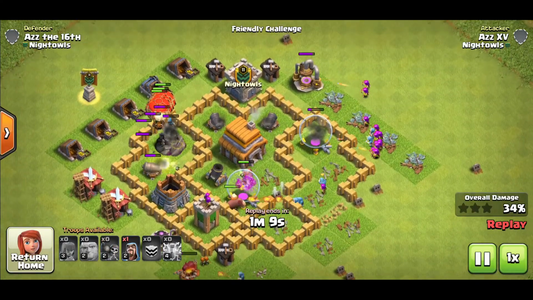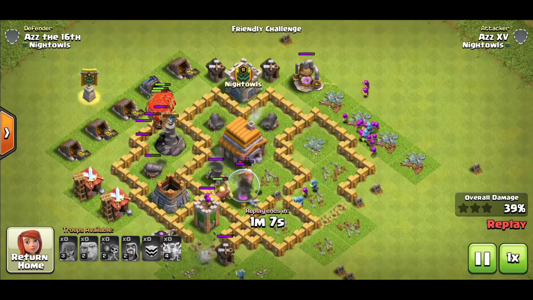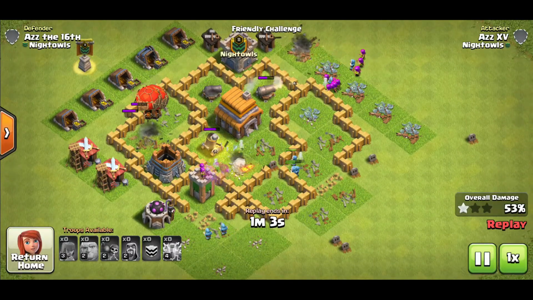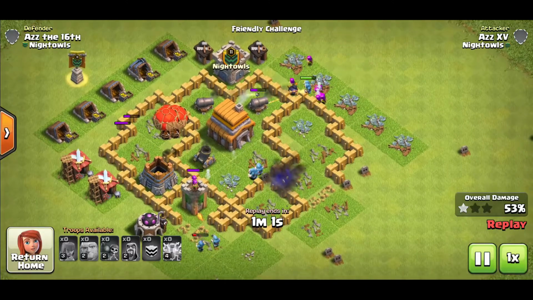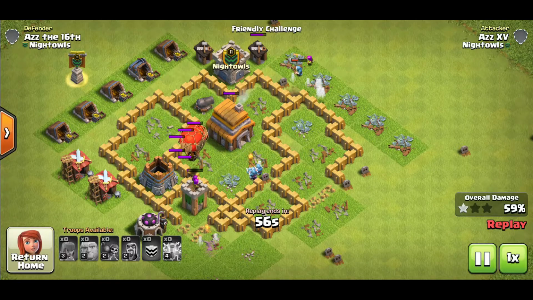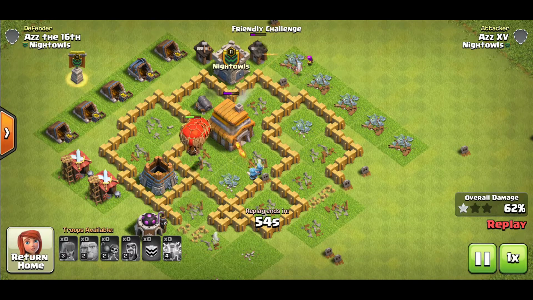If the loons coming out of the CC or the loons that you have in your composition get hit by a double air bomb, it can really cripple your attack, like really badly. I actually got a couple time fails because I didn't have enough troops left over. My loons kept getting killed before they could really do any damage,